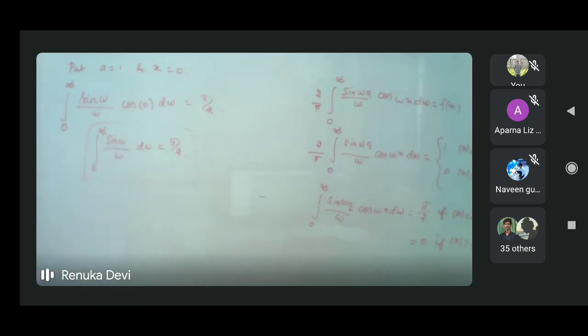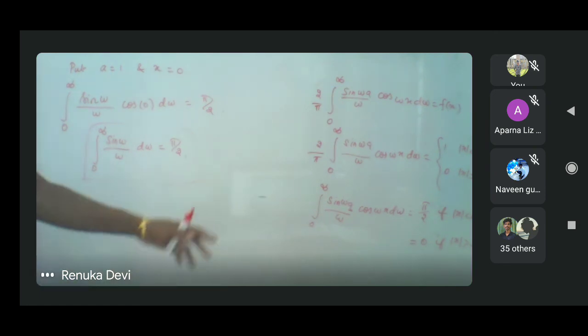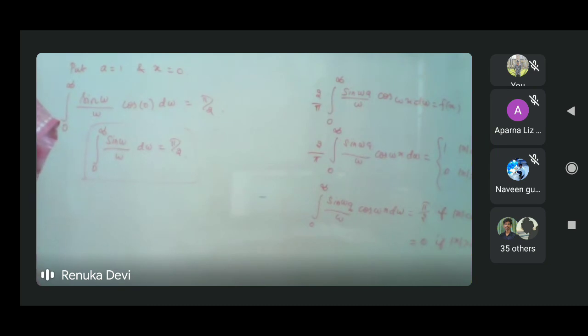Instead of w, we have a question that the variable is x. So therefore integral of sin x by x dx is equal to pi by 2. So we need not evaluate anything, explanatory writing is not necessary. So after finding the Fourier transform, then you find the Fourier inverse transform, then you just substitute the f of x value. Then that will give you the solution of the given function.